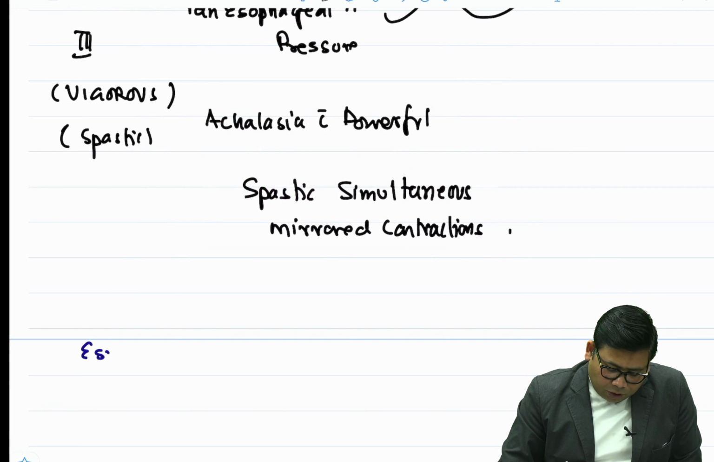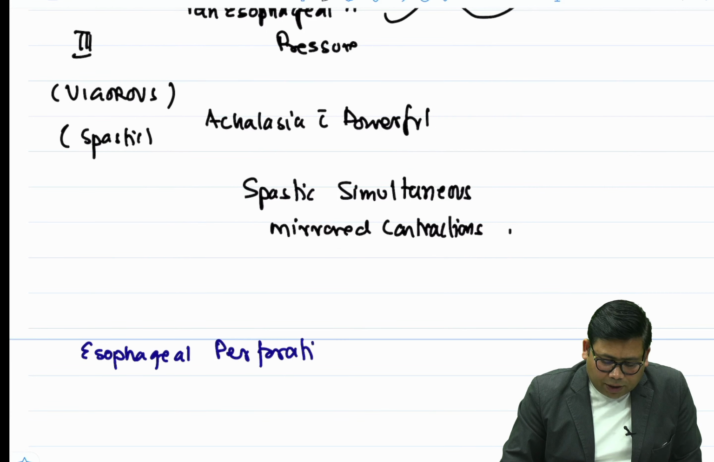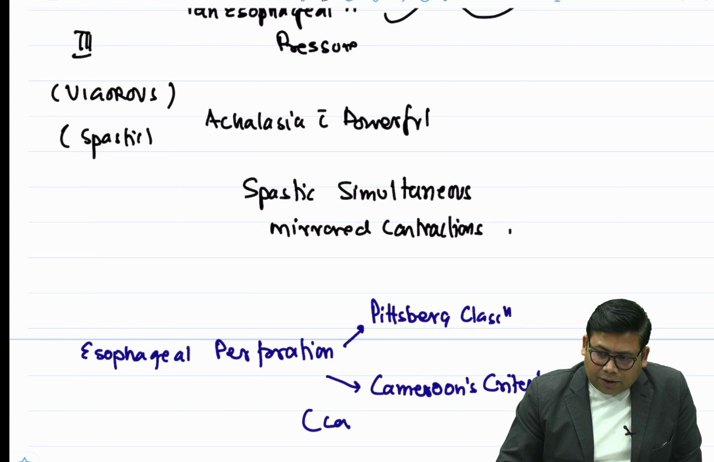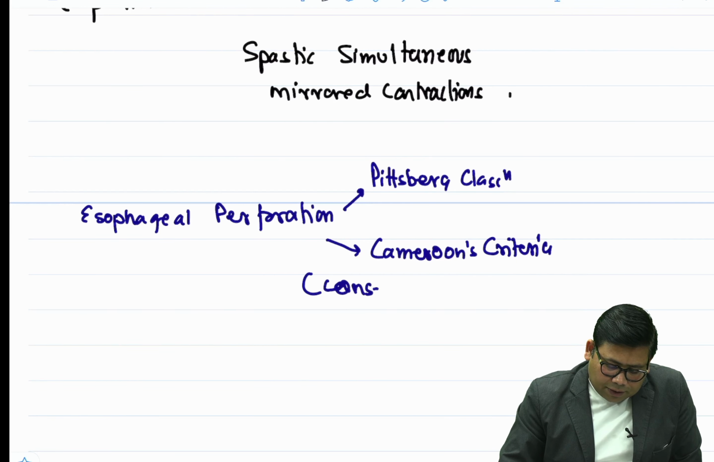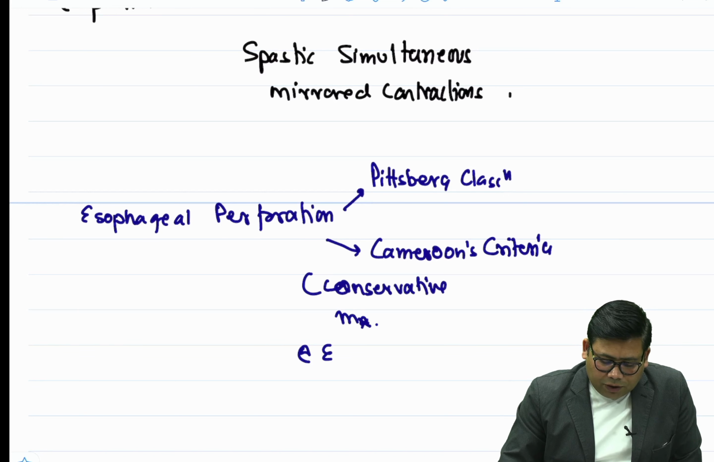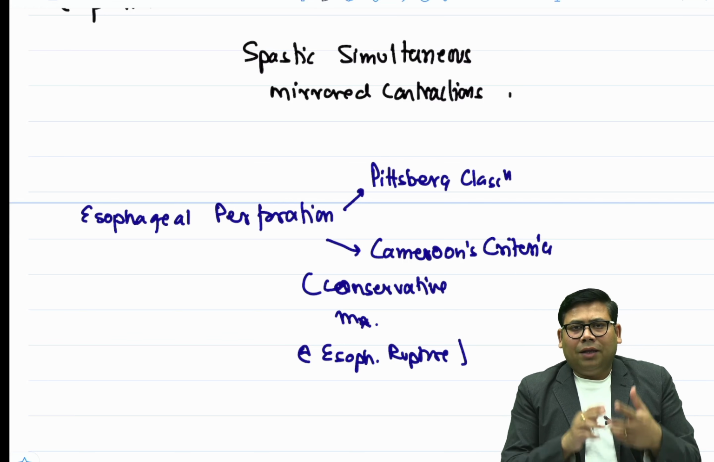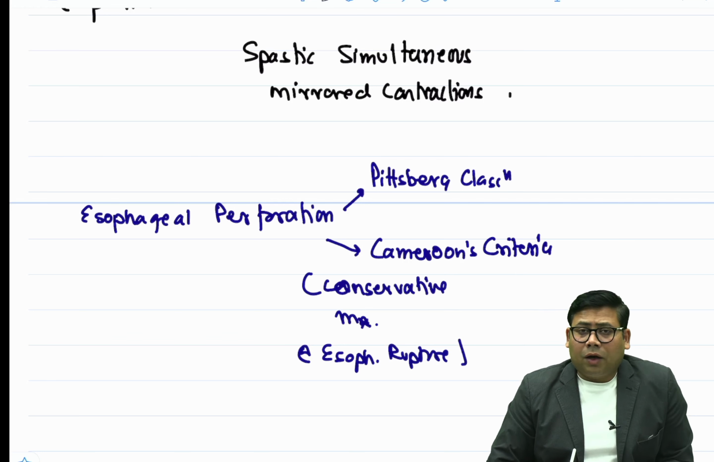What are the other classifications, the names of those classifications that you need to know in the chapter of esophagus? So when we talk about esophageal perforation, there are two named classifications associated with it. One is the Pittsburgh classification, and there is one more which is known as Cameron's criteria. What is Cameron's criteria? Cameron's criteria is for the conservative management in case of esophageal rupture. So whenever you have an esophageal rupture which is contained to the thorax, there is no peritonitis, mild symptoms, no sepsis, and vitals are stable,